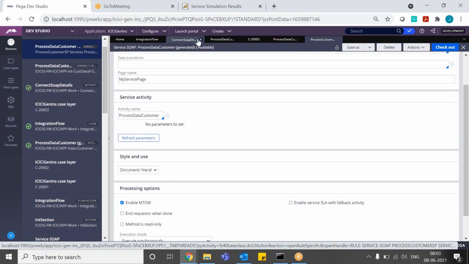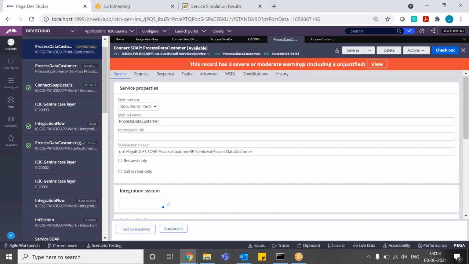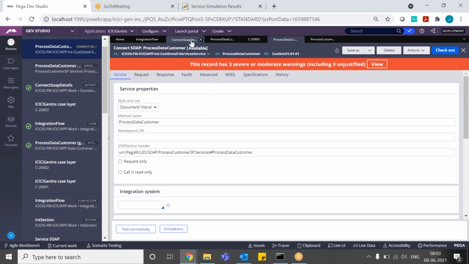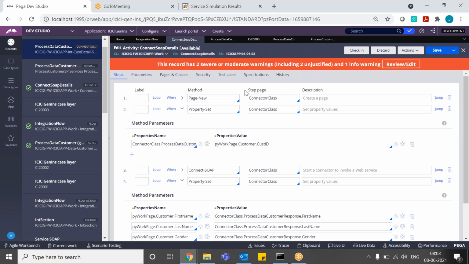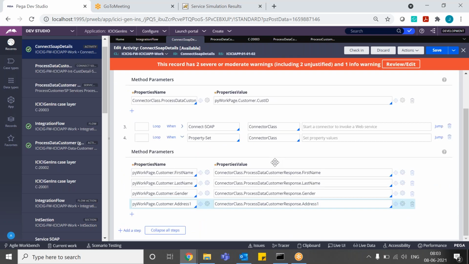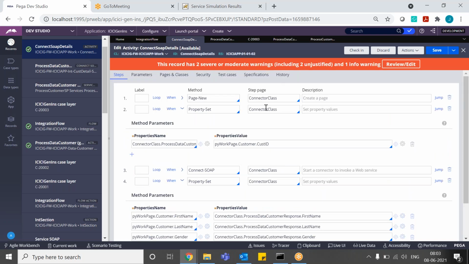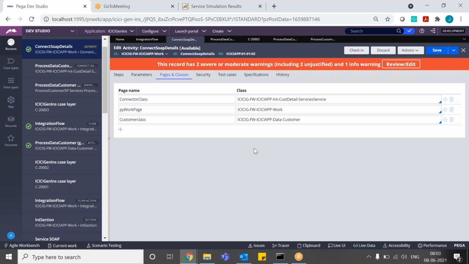Okay, activity. These pairs and classes, it is correct only, no, sir? Is there anything I need to change? No, the connector class is fine.